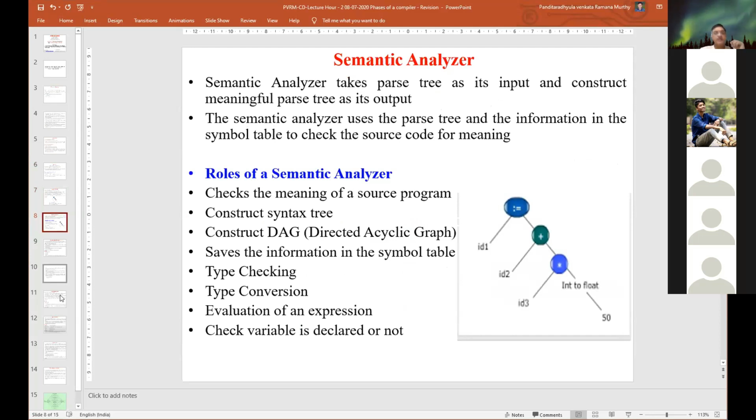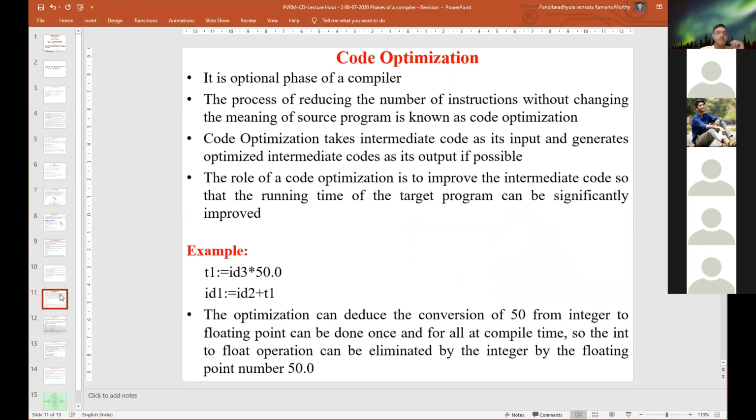Then it converts those statements into three address code, or triplets or quadruples, in an intermediate representation, so that it can be easily converted into the final code by the compiler or by the CPU.